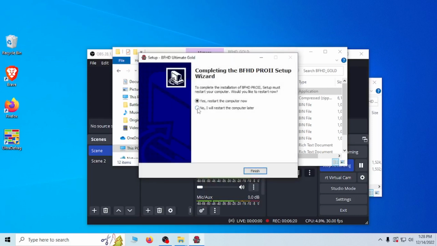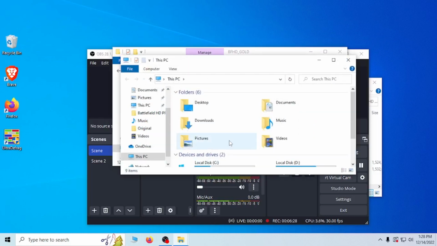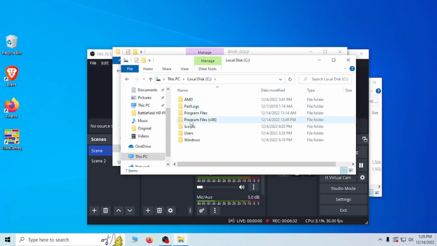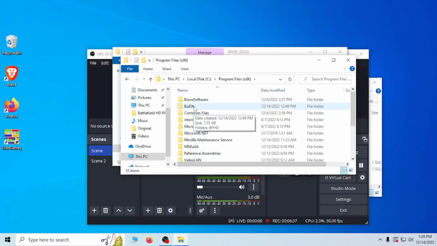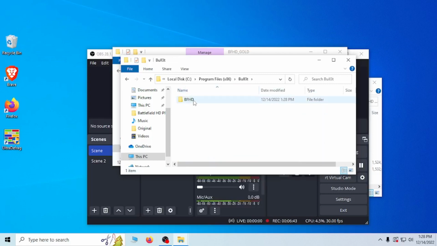And it asks you to restart. Go ahead and click on no, it does not need to restart. Click on finish. And now we're going to go into the directory that the game installed. Program files x86, bullet bull3t, BFHD,